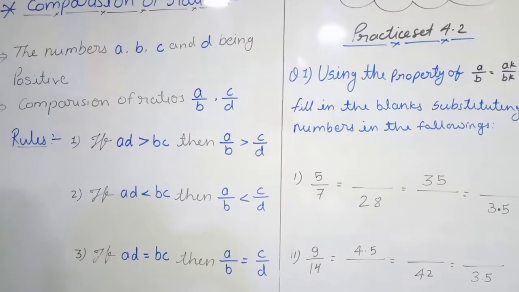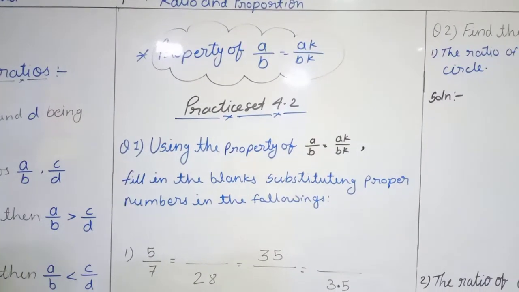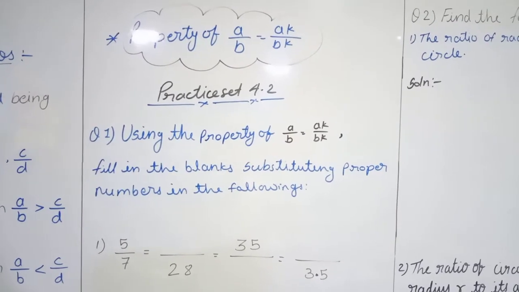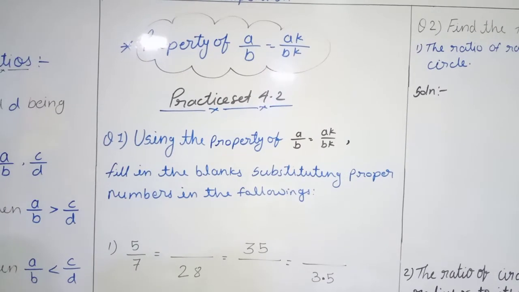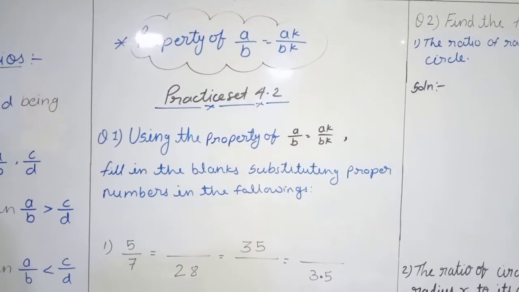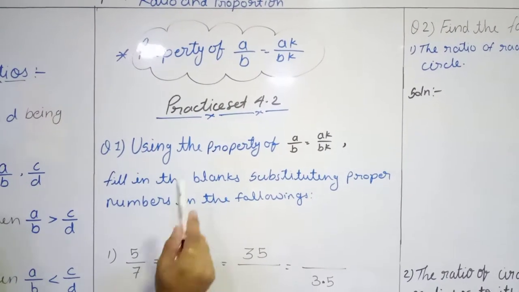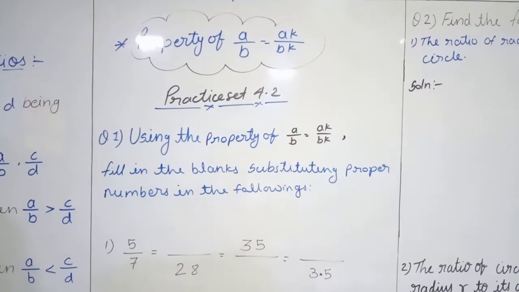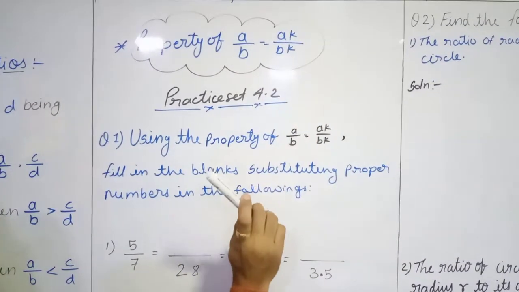One more thing we have to learn, the property of A upon B. As we learned in our earlier classes on fractions, when we want to make any change in a fraction, we have to do the same thing in both numerator as well as denominator. As we learned in the last videos, ratio is the reduced form of the numbers. We cannot say that it is the actual number. So if we multiply the numerator by any number, we have to multiply the denominator by the same. The value of the ratio remains the same, it is not going to change.